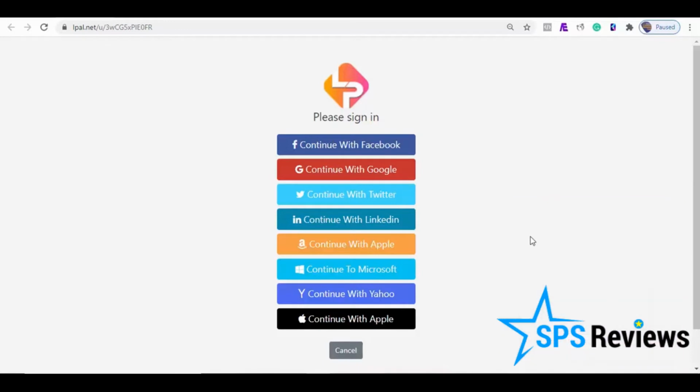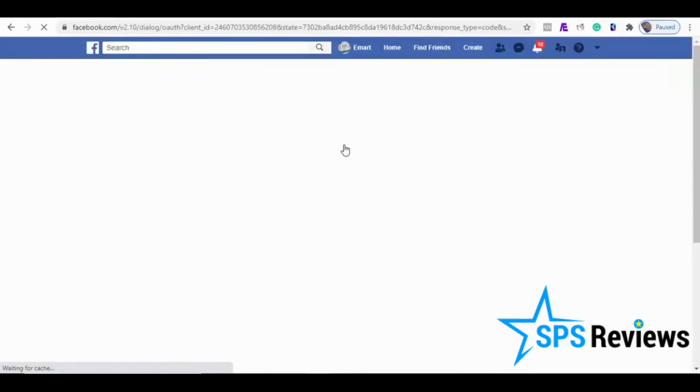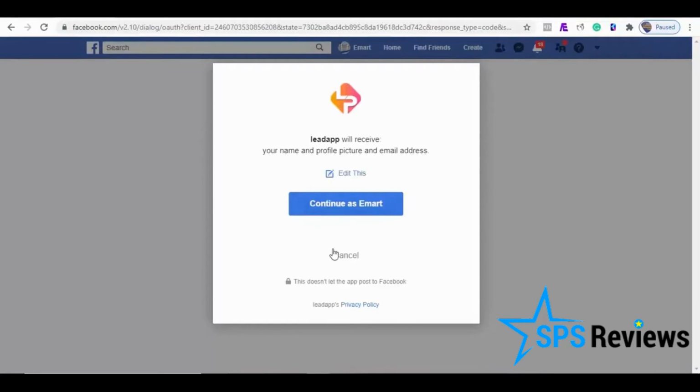What I'm going to do is to test out one of these links, and also you can always create campaigns for one specific social platform, say Facebook. We can also run Twitter campaigns for our followers to subscribe to our email lists. I'll quickly click on Continue with Facebook. Now you can see automatically once I click to continue here, it's going to take us to our target URL,